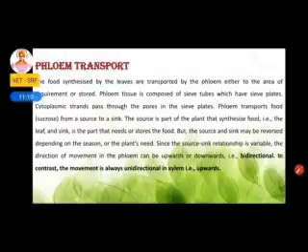Here they have represented source and sink. Source is the region where the food is produced. So that is called the source. In plants the food is produced in the leaf, so the leaf is called the source. Next is sink. Sink is the place where the food is required. So the rest of the parts are called sink. So the source is the leaf and the other parts are called sink.